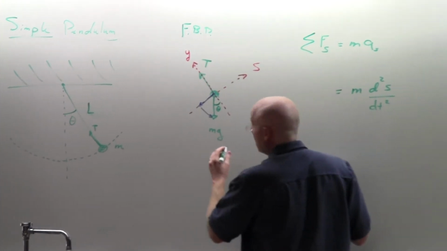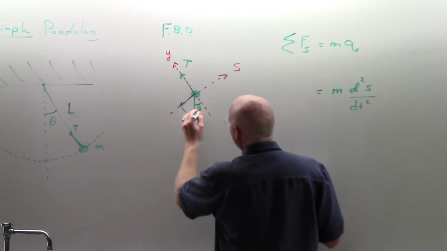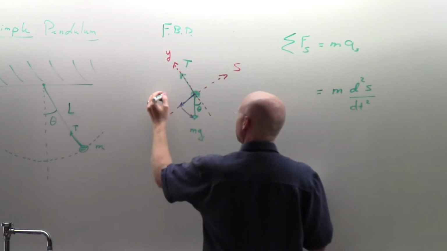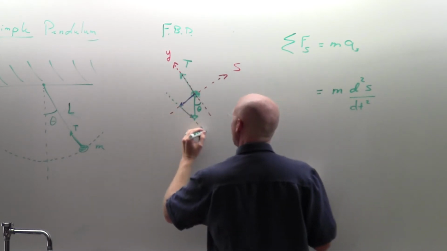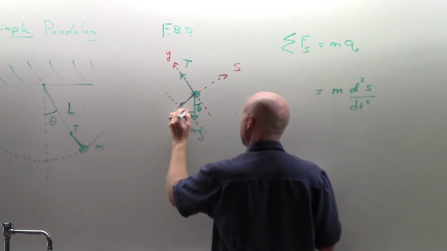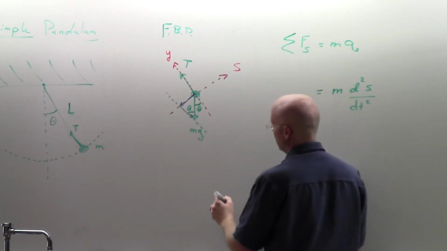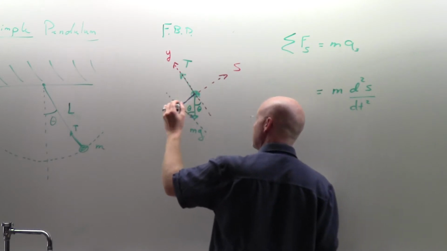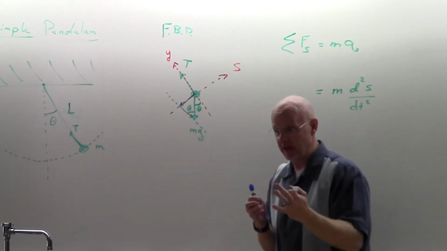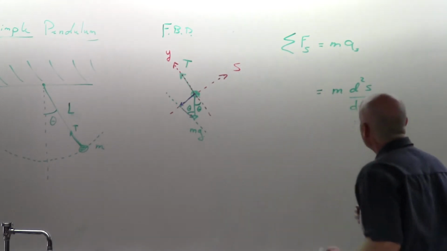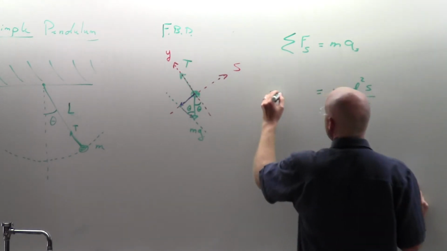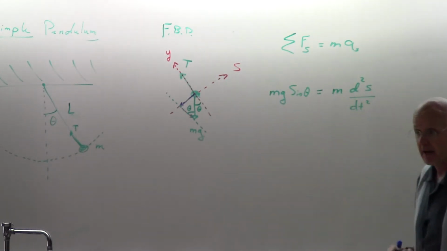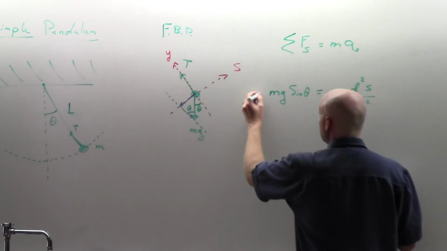And so if that angle then is theta, doesn't look quite so well in my picture, but doesn't that mean the one I want, this force right here in the S direction, is opposite the angle theta? That's really what I'm after. So in other words, the force is mg, but the component I want is mg sine theta, right? And the direction is